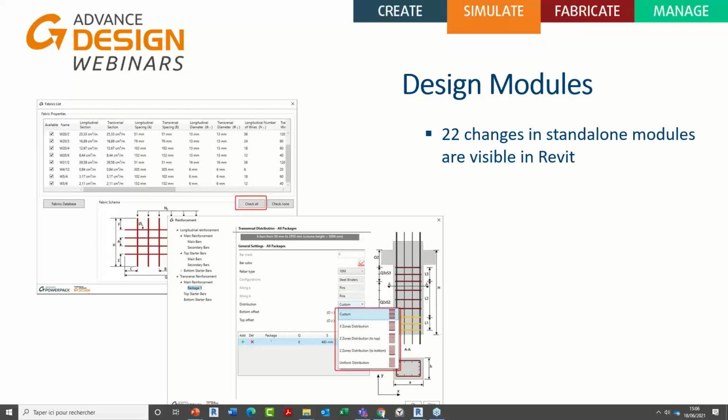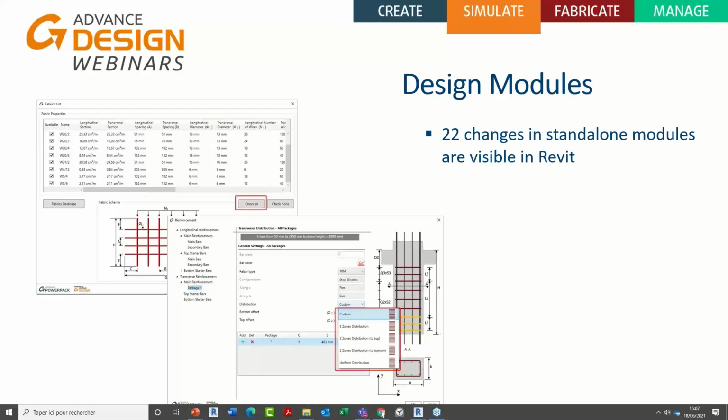Some additional changes regarding the user interface. As you know, we have some design engines running on top of Revit. Those engines can be launched in standalone mode as well, and all the changes available in the standalone application are also available in Revit when you launch those engines through our Power Pack design ribbon.